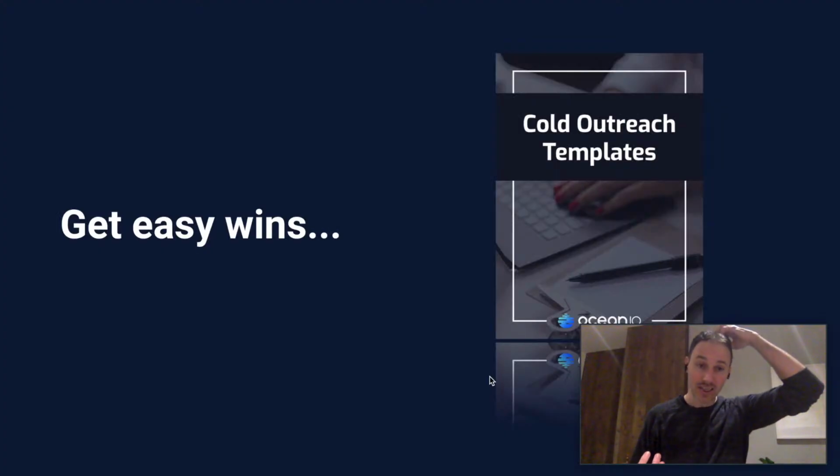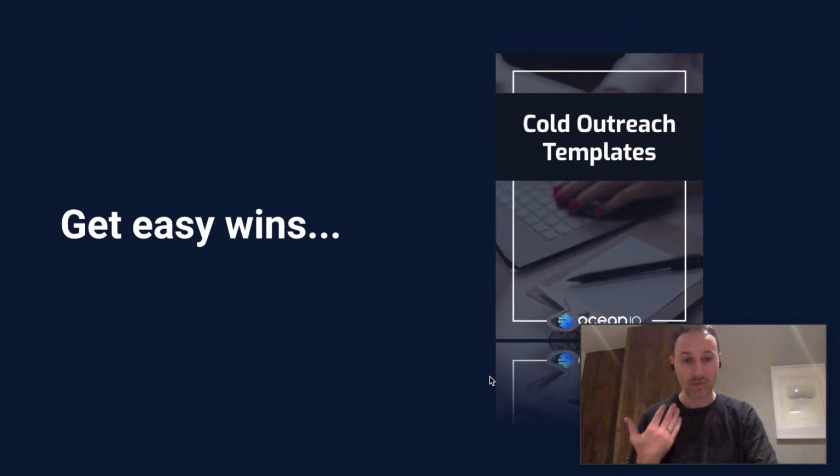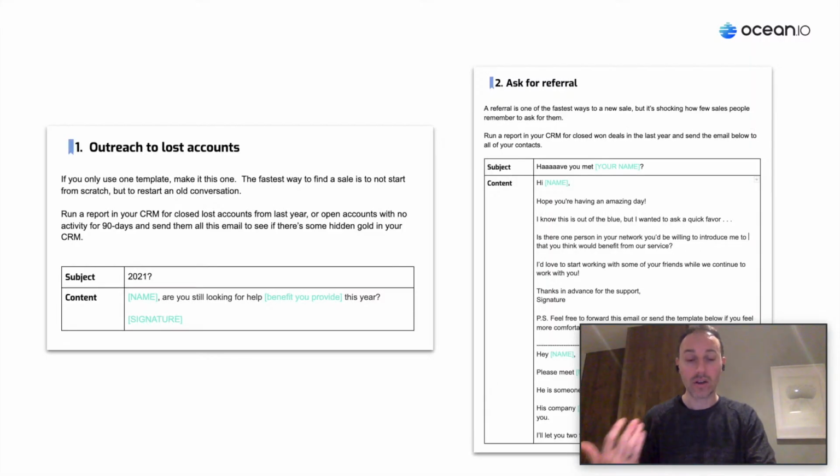Some easy wins to start out today as well. They're all about getting started quickly. So the cold outreach template we shared, the first two in there I put in specifically because one, it's a 10-word email and it can really find leads. I used to do this when I was selling. I would do this every February. It would get me a couple of deals that weren't in pipeline that would close in February.